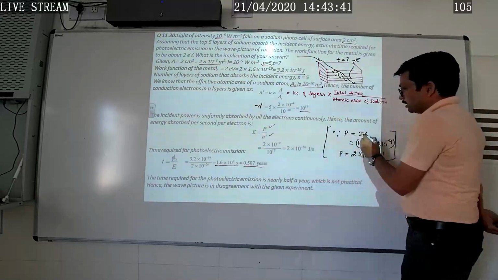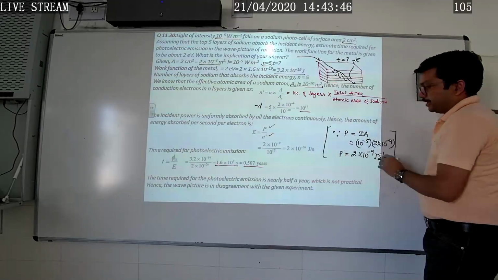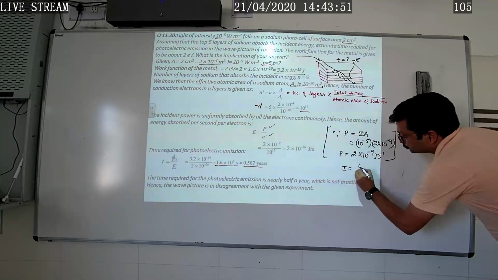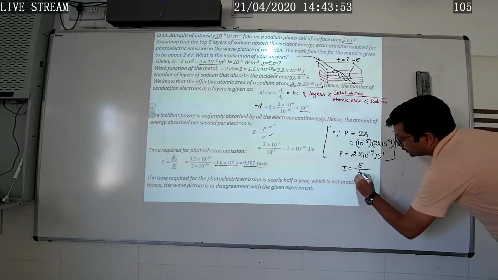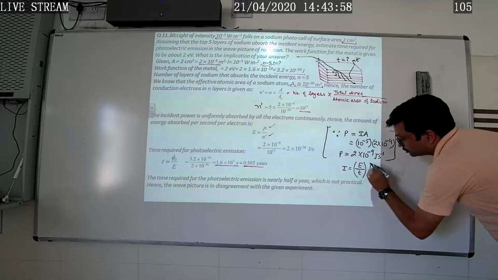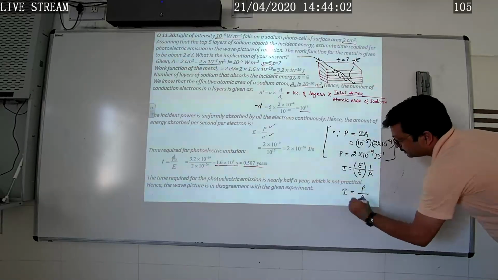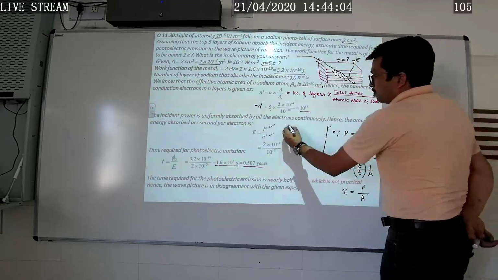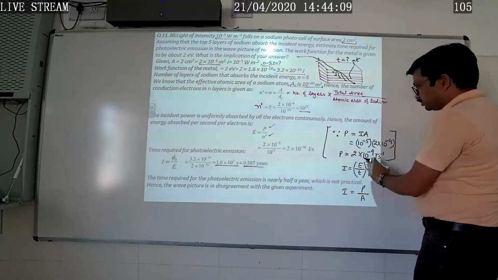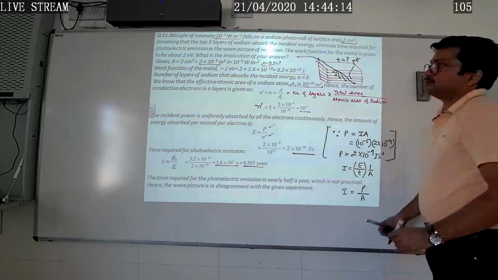Power is equal to, we can say, intensity multiplied by area. Why have we written like that? Because intensity is equal to energy incident per unit time per unit area, and what about this E by T? That is nothing but power. So power over area is equal to intensity. So that's why here we have put the value 2 into 10 to the power minus 9 joule per second. So in this way we got the answer.